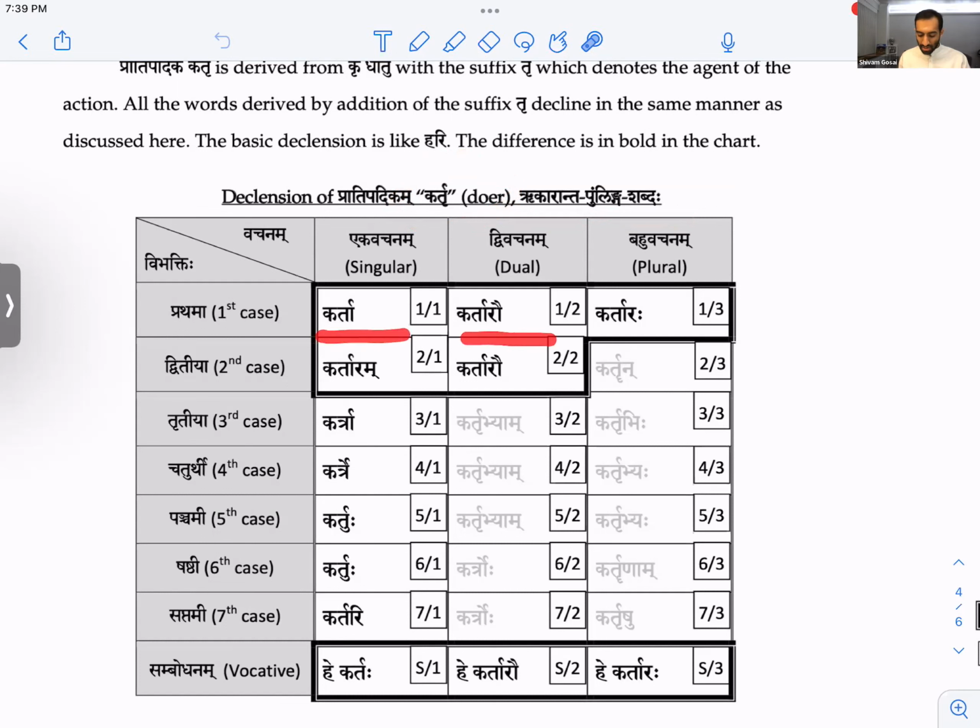Karta, Kartarau, Kartaraha. Kartaram, Kartarau, Kartrun.